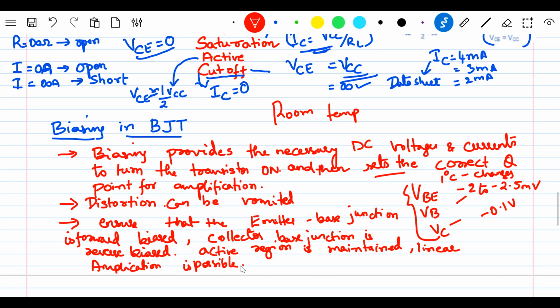We also saw how room temperature and temperature increments affect the transistor. If we do biasing, the emitter base junction will be forward biased and the collector base junction will be reverse biased, due to which the active region is maintained, and again linear amplification is possible. I hope in this video you got a brief picture of